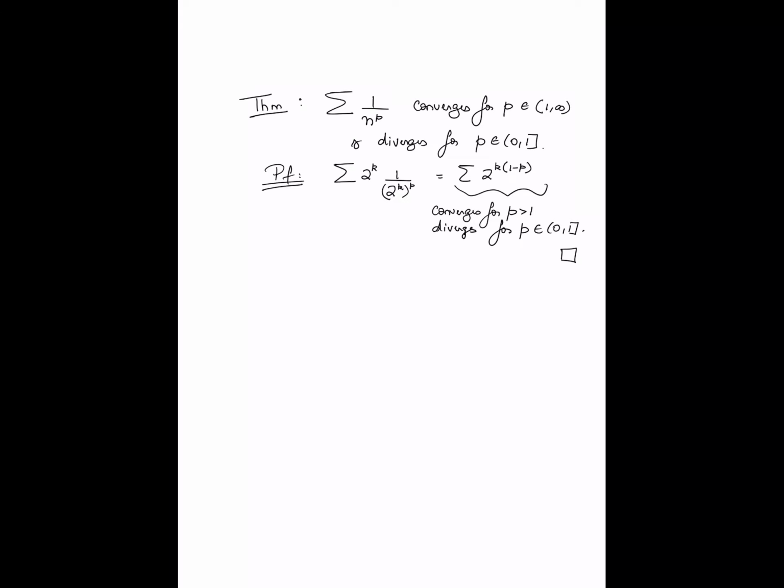So therefore, if you look at summation 1 by n raised to p, it converges for p greater than 1, but diverges for p between 0 and 1 included. Okay, so this settles one of the claims that I had made before, that I claimed to illustrate a couple of different phenomena, that 1 by n summation diverges, and well, we just proved that formally.